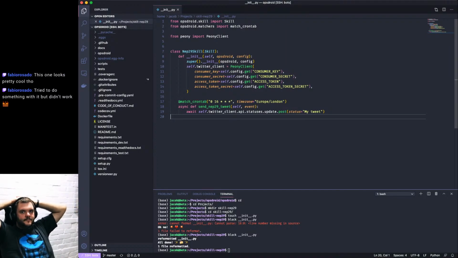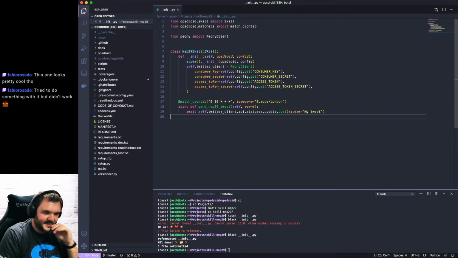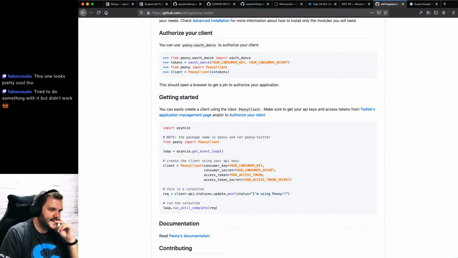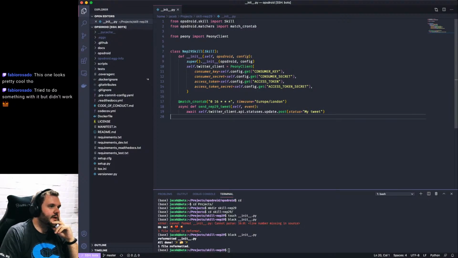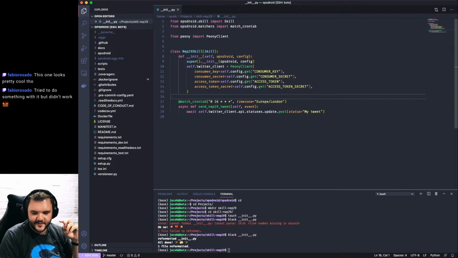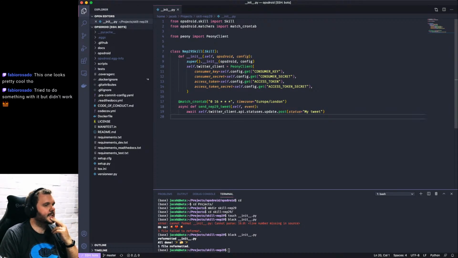Yeah, I've not used this library before. Looks all right. It's async, so that's good. Kind of what I care about. From an Opsdroid point of view, I tend to just always Google, what's the library for doing this async?